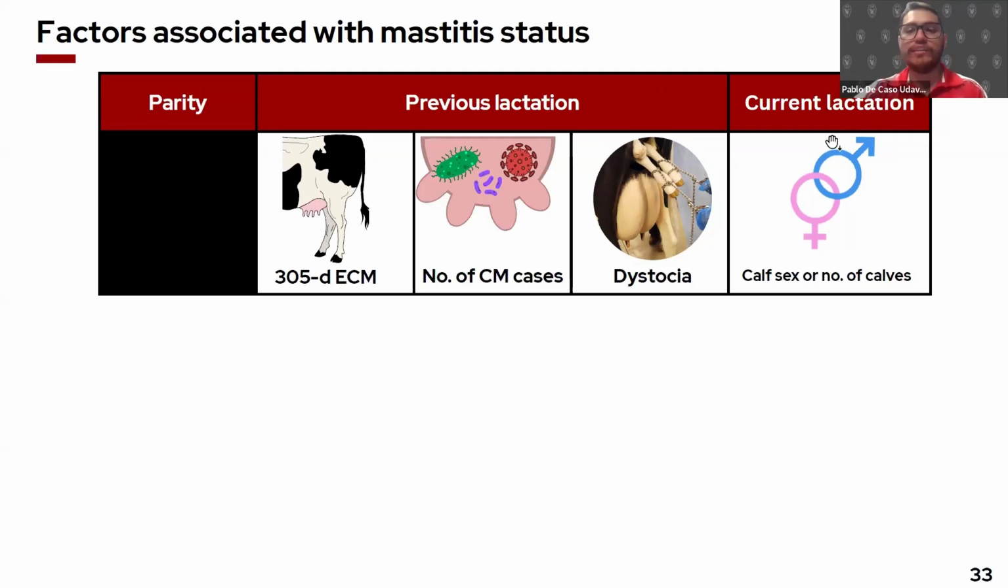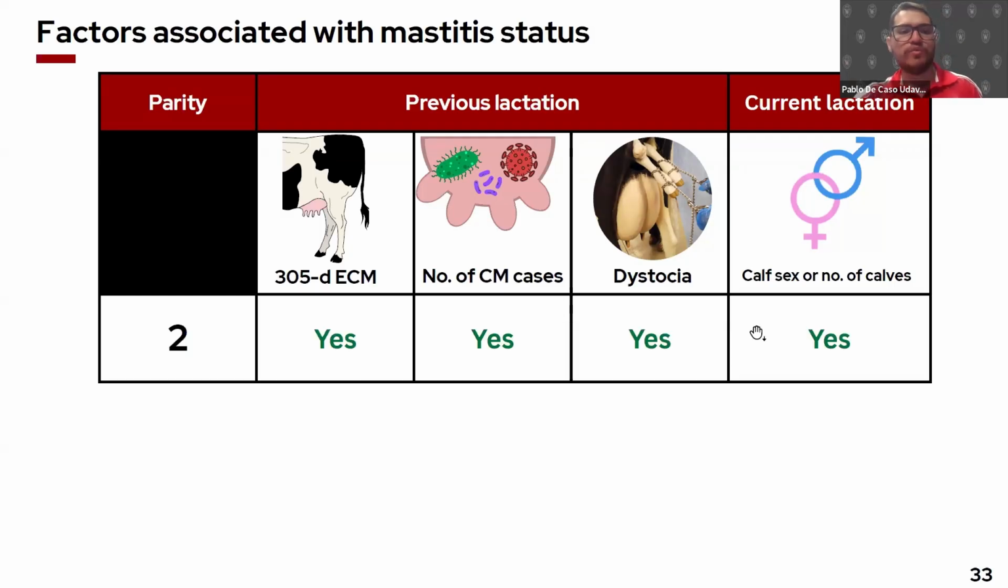And lastly, the only factor that came out as significant from the current lactation, which is the analysis for second, third, or fourth parity that we're going to be doing for a given cow, was calf sex or number of calves, which means if it was twins or only a female or a male calf. So for second parity, what came out as very significant was milk yield,